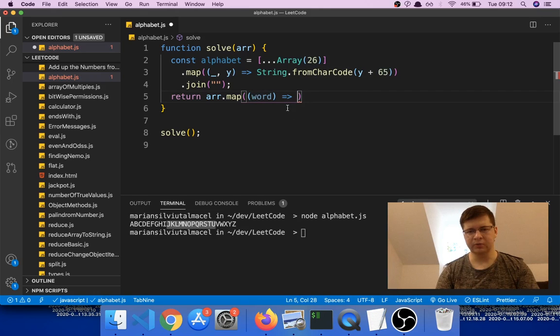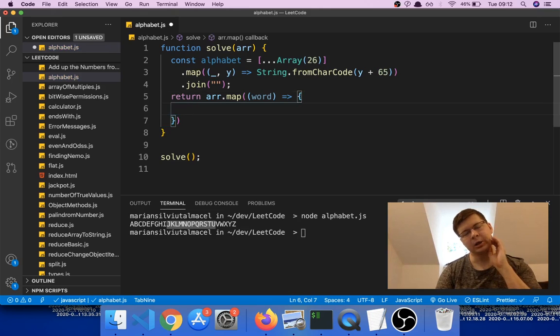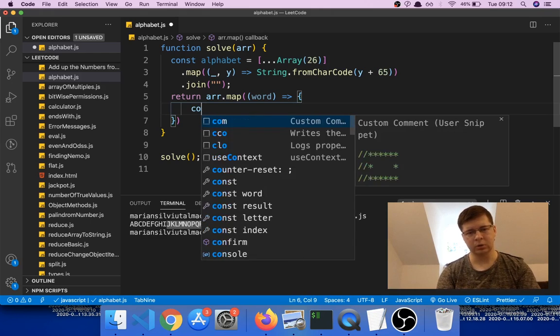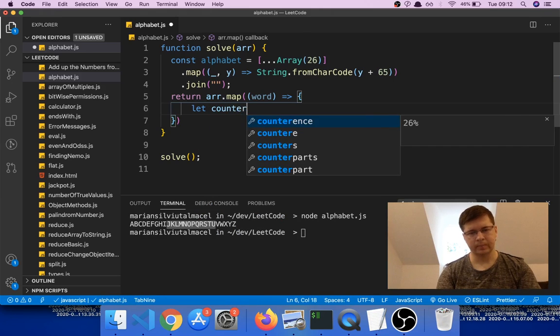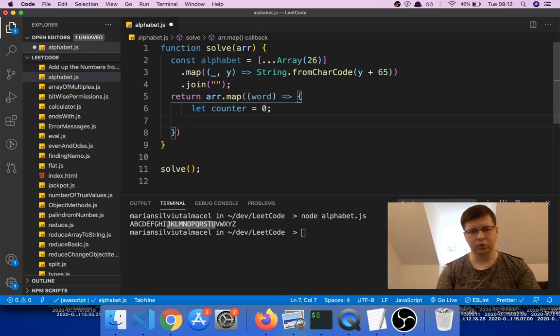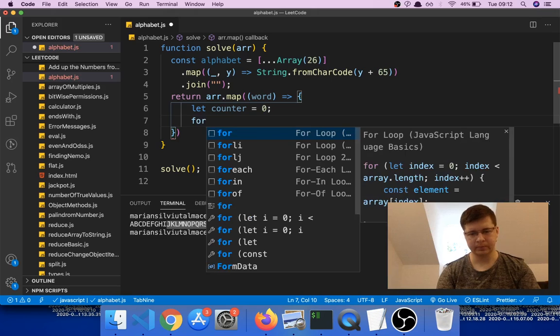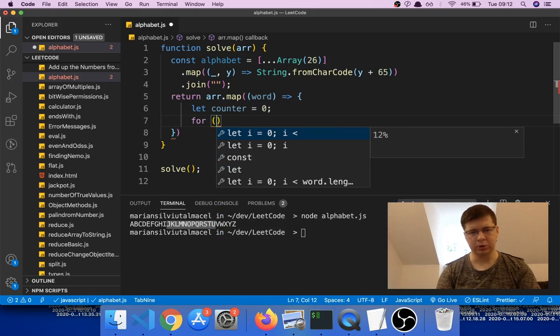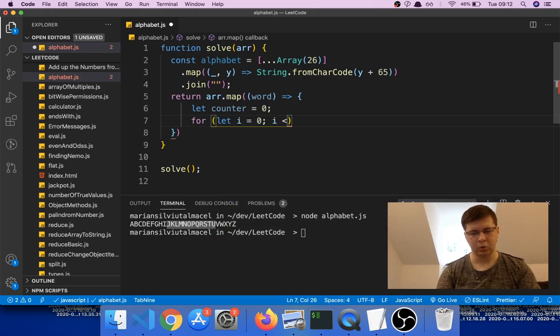So for each word we want to open this function, and we're going to make a counter of how many meet the condition. So we're gonna say let counter equals 0, and then we're going to say for let i equals 0, i less than word.length, i++, and we're going to say if